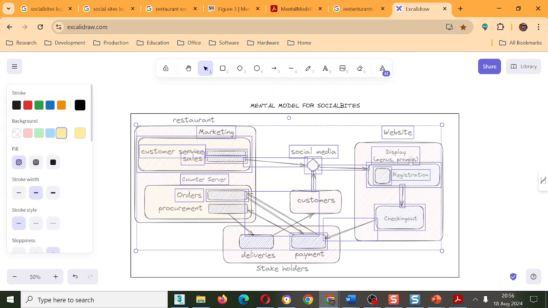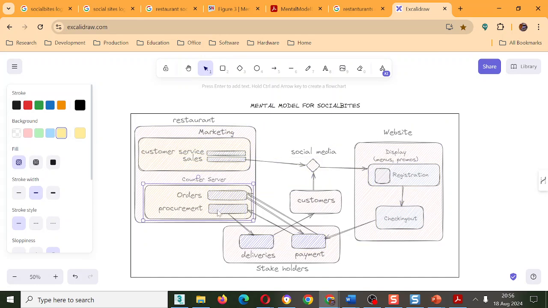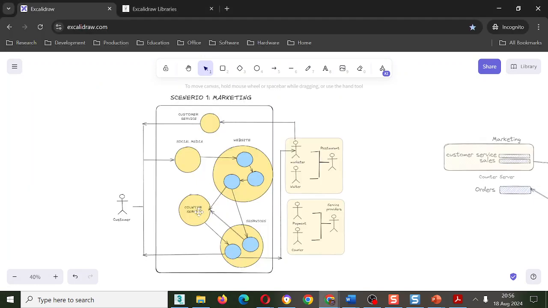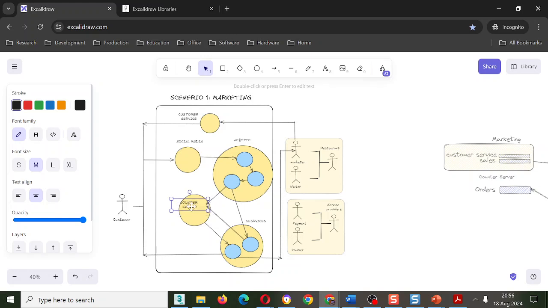There's a scenario here for registration, how it works. There could be a scenario here for checking out. No, I think that's not detailed. But then ordering, procurement. Yeah, we have this procurement. I left it out, orders. But that's all in the checkout counter.